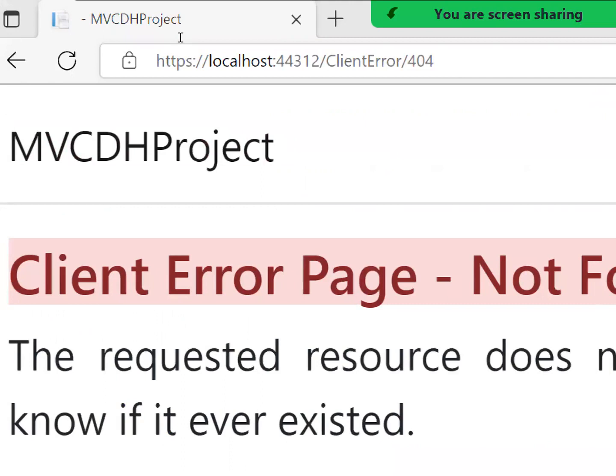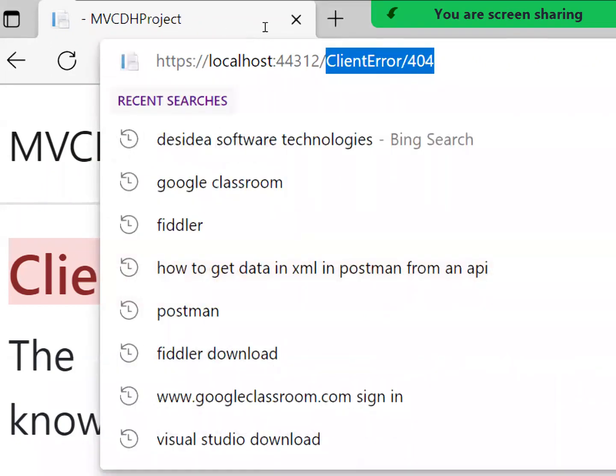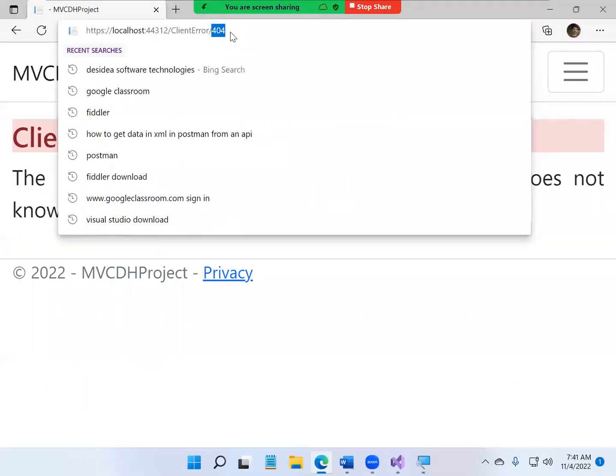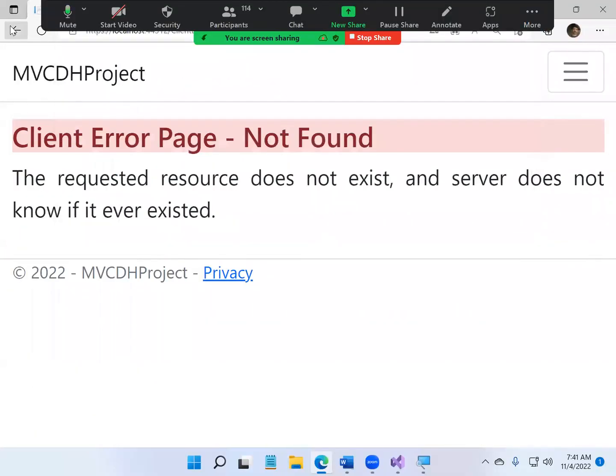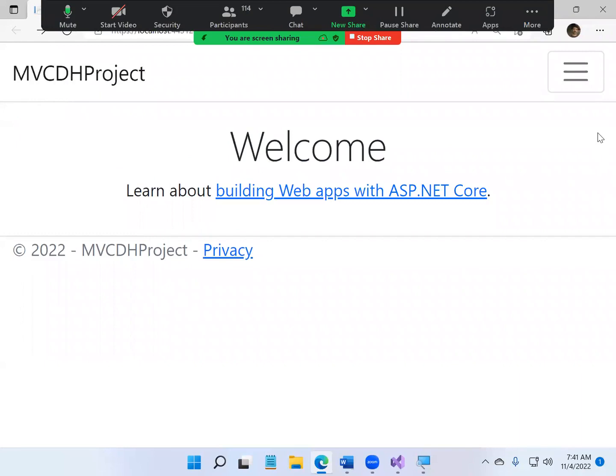See, it shows you the URL: client error /404. For a 400 error, it will show client error 400; for another, 401, client error 401. So you can see this comes here, and now you're calling the route with value 404. Okay. So in this case, guys, if you observe this once, hit F12,